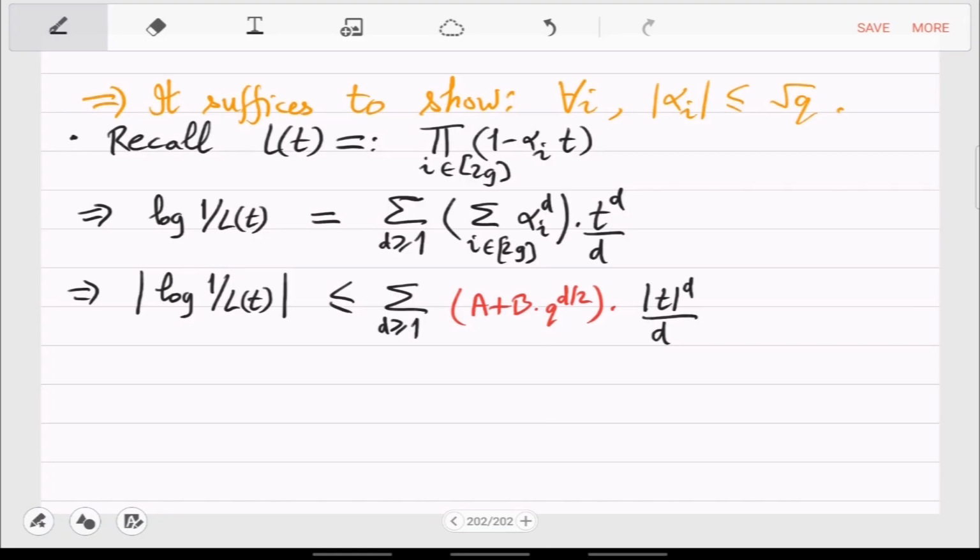Right, so I can now take the norm on both sides. The RHS I can now estimate: the coefficient norm is a plus b q raised to d by 2, and the norm of t raised to d, which I can rewrite as the a part. So the a part is sigma t raised to d by d, which becomes log of